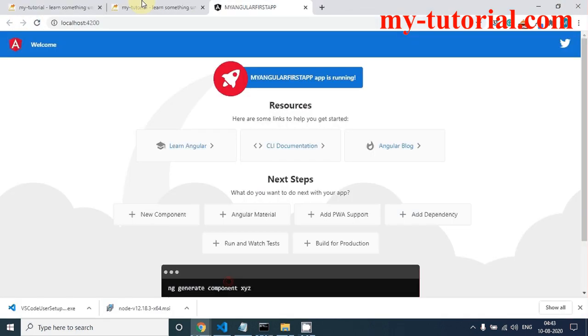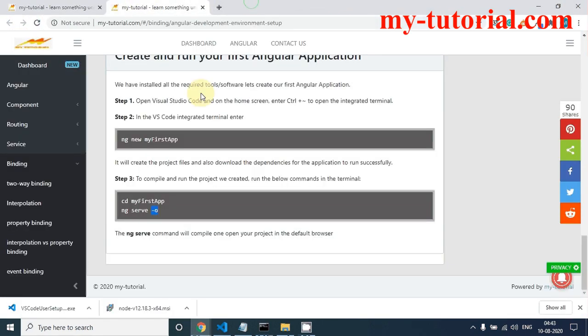For running and compiling the application, we have a command called ng space serve space -o. This -o will automatically open your application in a browser if your application gets compiled successfully.